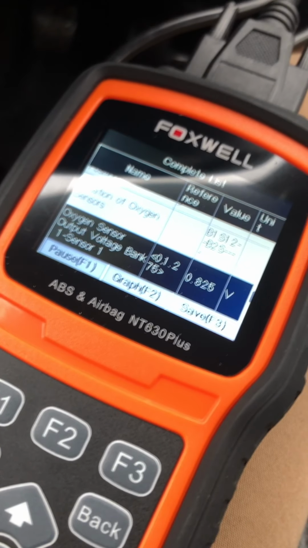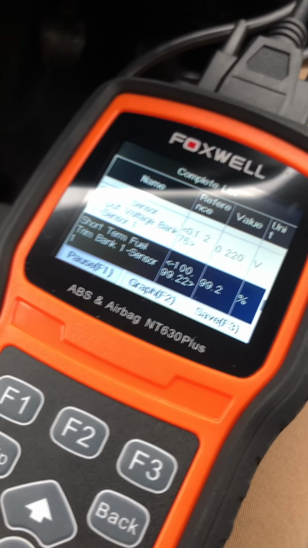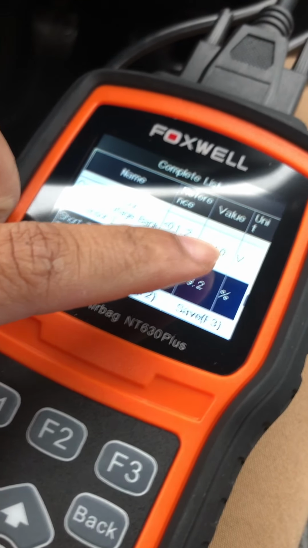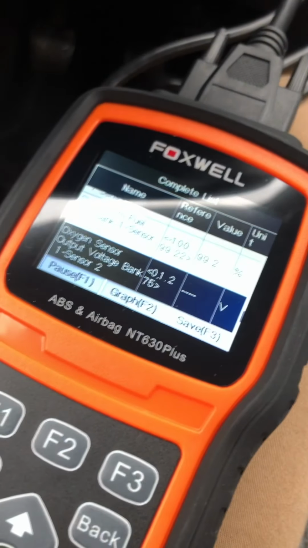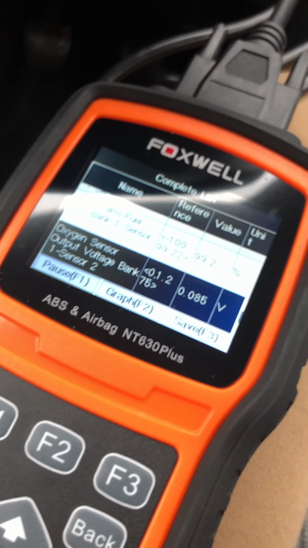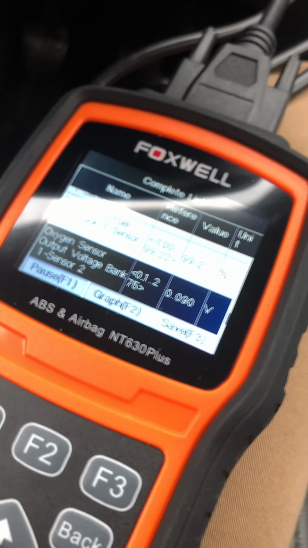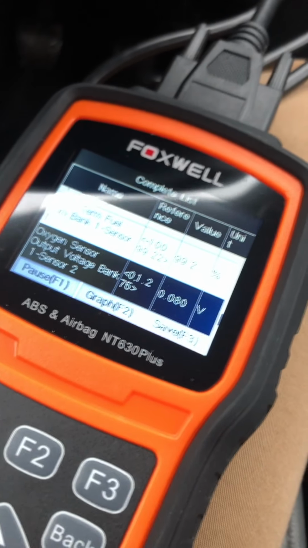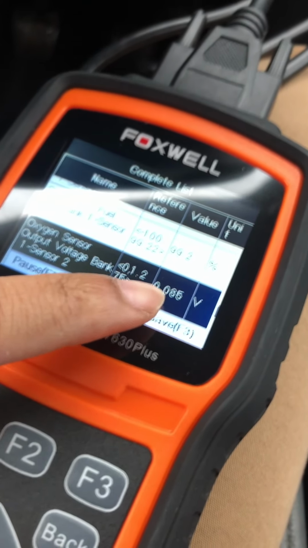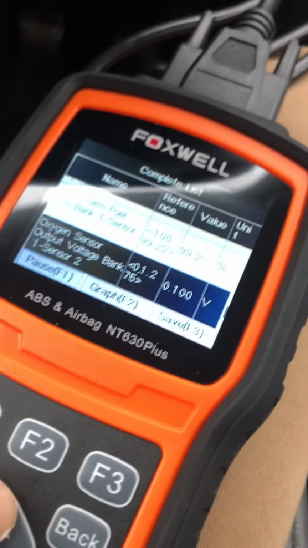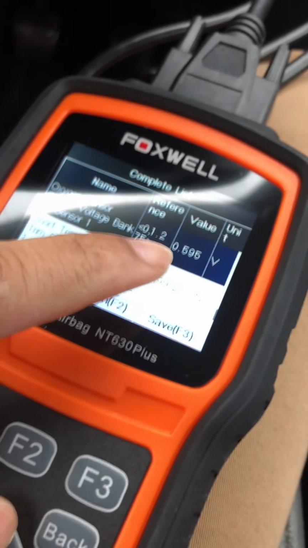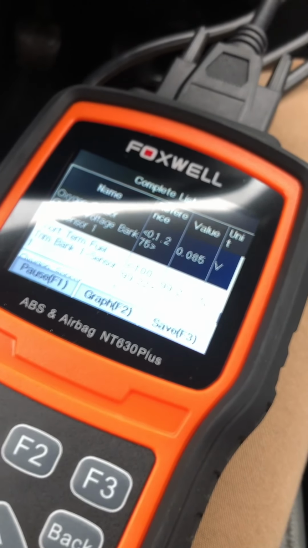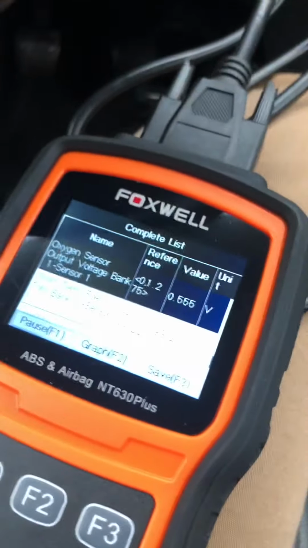So it's going to be bank 1 sensor 1. This is bank 1, so that's bank 1 sensor 1. Bank 1 sensor 2 is also there, but the variance for bank 1 sensor 2 is a lot less. You can see it's not fluctuating as much. But if you go here, it's kind of all over the place. So it's interesting that I got a code for bank 1 sensor 2, but in reality it looks like